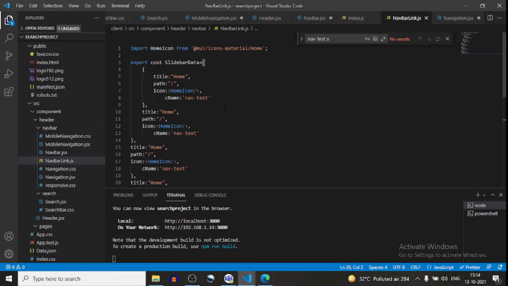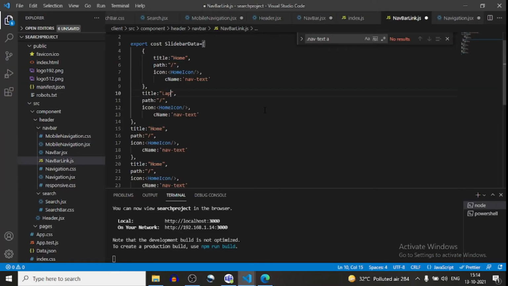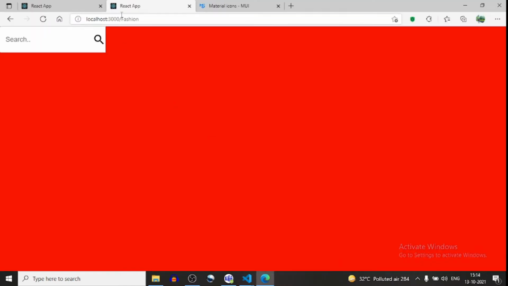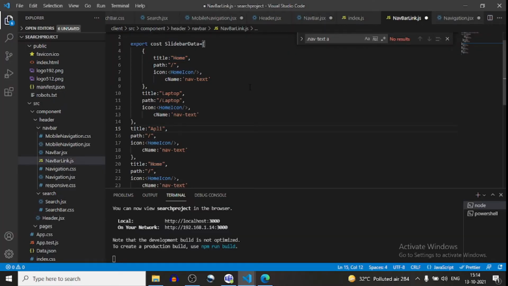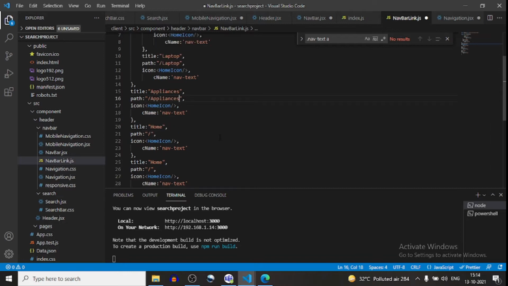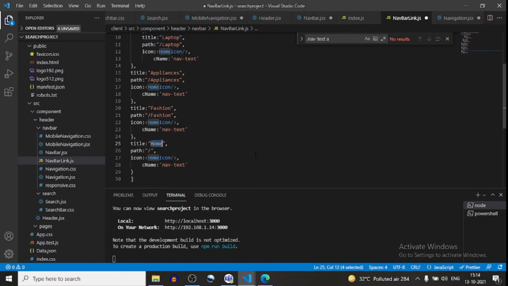So here will be home, here will be laptop, here will be appliances, then fashion, and the last one will be mobile. Now our navbar data has been created.